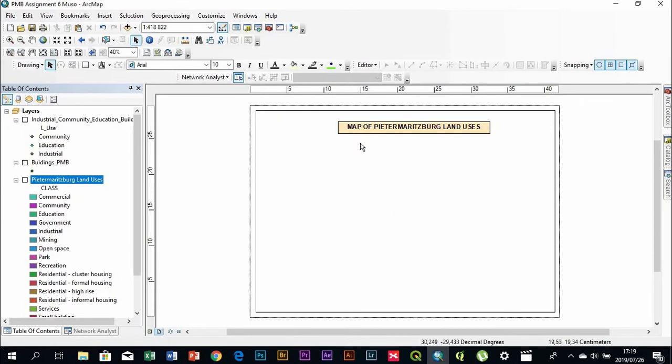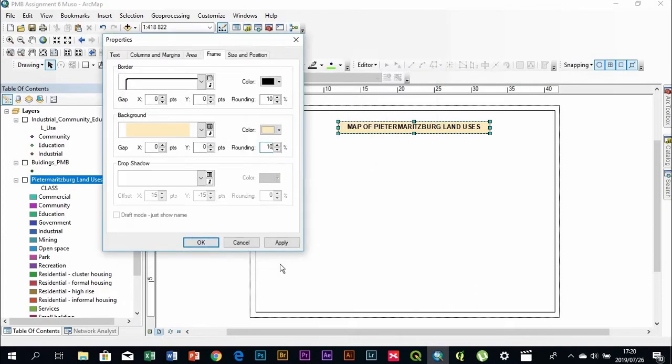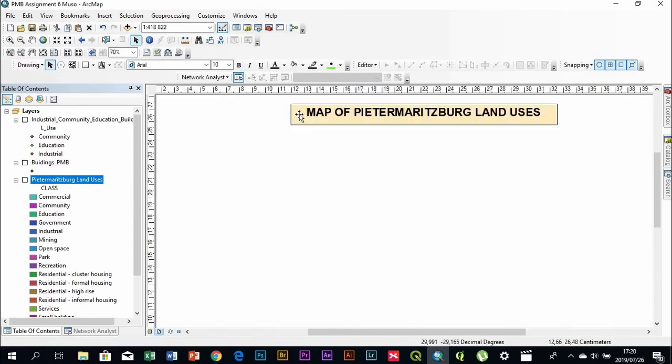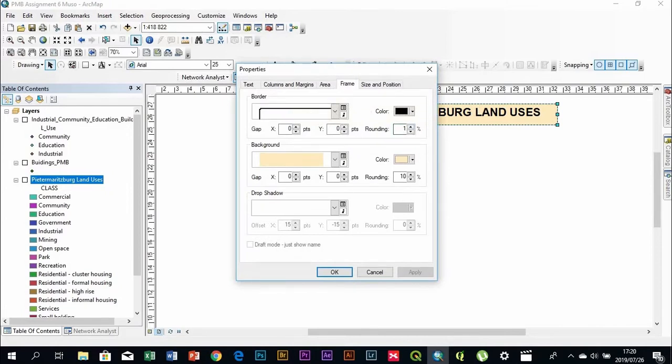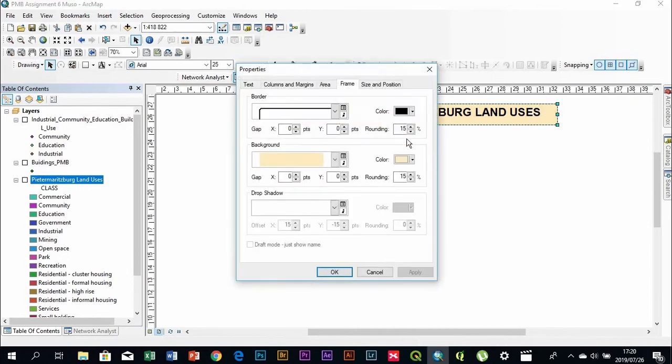So another trick, let's say if you guys are tired of these square boundaries, you can actually make them round. So when you want to make them round, double click on it and come to where it says round, and you can make that, let's make it 10 for our border, and let's make it also 10 there, and let's click on apply. Okay, I can't see it now. Then as you can see, it has made it slightly round, so it's a bit of a softer edge. If you want, you can make it more. For example, if I make it 15, apply, click OK. And as you can see, maybe it's not yet fully seen, but if I click on 20,